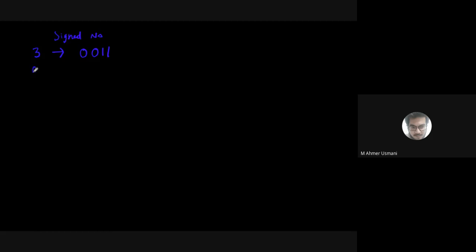Now अगर मुझे 5 लिखना है, I want to represent 5. So 5 can be written as 101. Can I write 101 as a signed number? No, because MSB is 1. That means it is assuming that the number is negative. So I need to add 0 to it. 0 करने से क्या हो जाएगा? अब मैं बोल सकता हूँ proudly, perfectly that this number is +5.